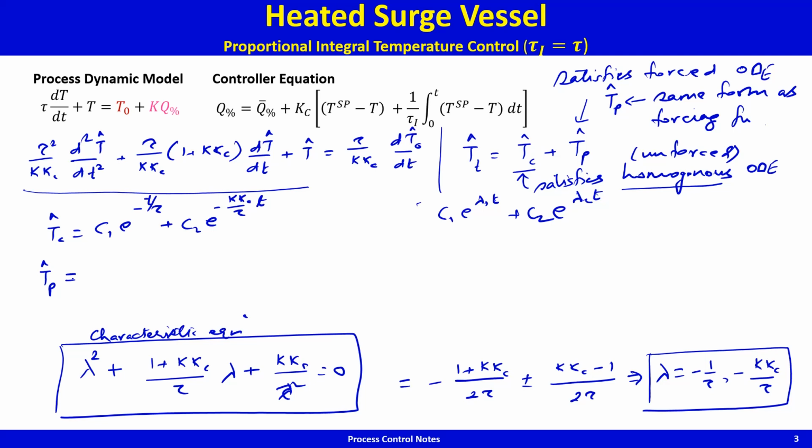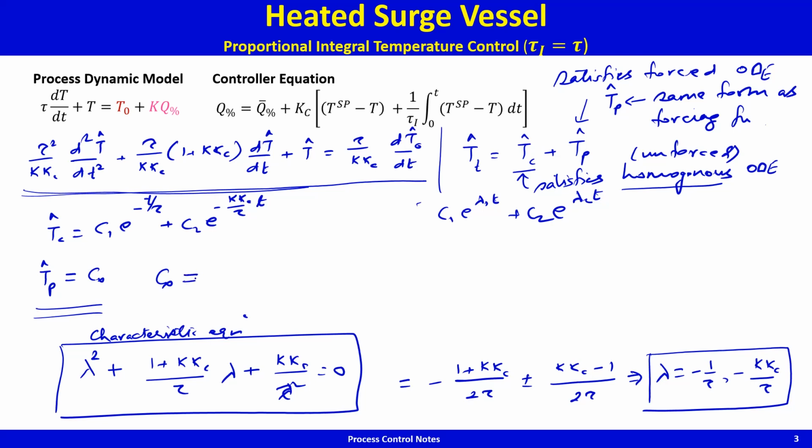Eventually it's going to be a differential of the unit step, but first we are going to solve for the unit step. So T particular for a unit step forcing is going to be a constant C0. This T particular must satisfy the forced ordinary differential equation. That means it must satisfy this entire equation, and if I substitute C0 for t tilde into this equation, the second derivative of a constant is 0, the first derivative of a constant is 0, t tilde is C0. So what you get is C0